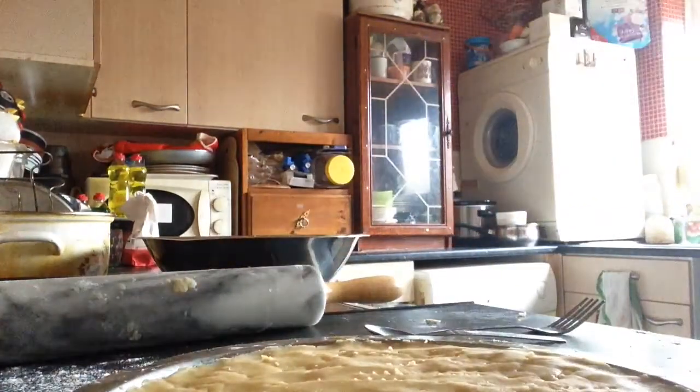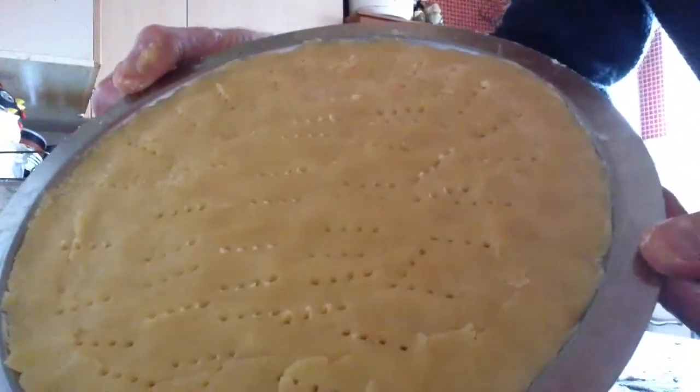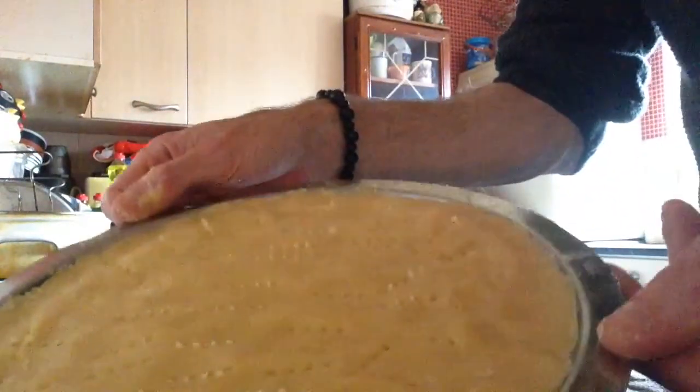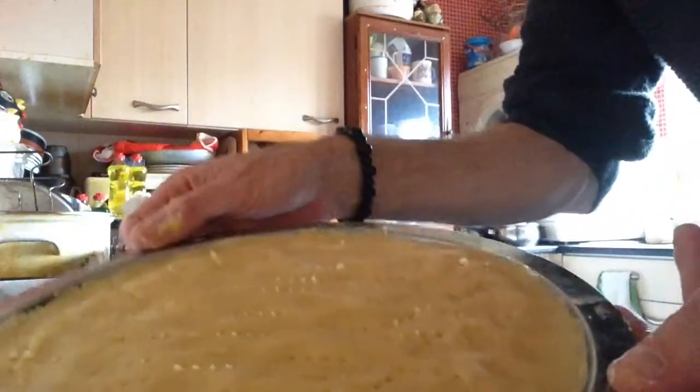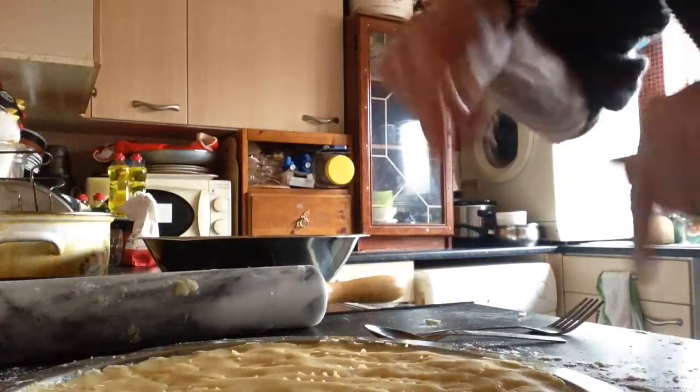So I'll put some photographs on Facebook later. There's my finished shortbread. I'm going to make another one with sultanas in it. I'm not going to film that one, but I will say, come back to me